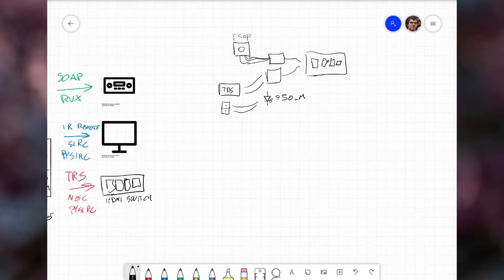I'll call it "TSOP" with quotes because it's definitely not an original TSOP, but essentially what this has is a plus 5 volts, ground, signal that goes into a TRS, and being just a Y cable, you just get this signal intercepted either from the original remote control or from the board. So that's the board,